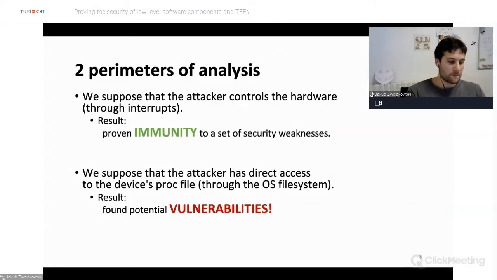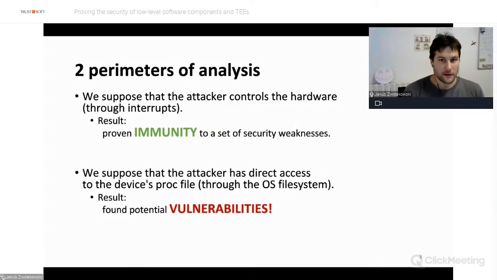So this is like in the example that Vic gave you before. If an attacker can simulate touching the touch screen with 255 fingers, does it cause any problems or not? In this case, with this perimeter, we have actually proven that the driver is completely immune to a whole set of security weaknesses. So this is a very good result.